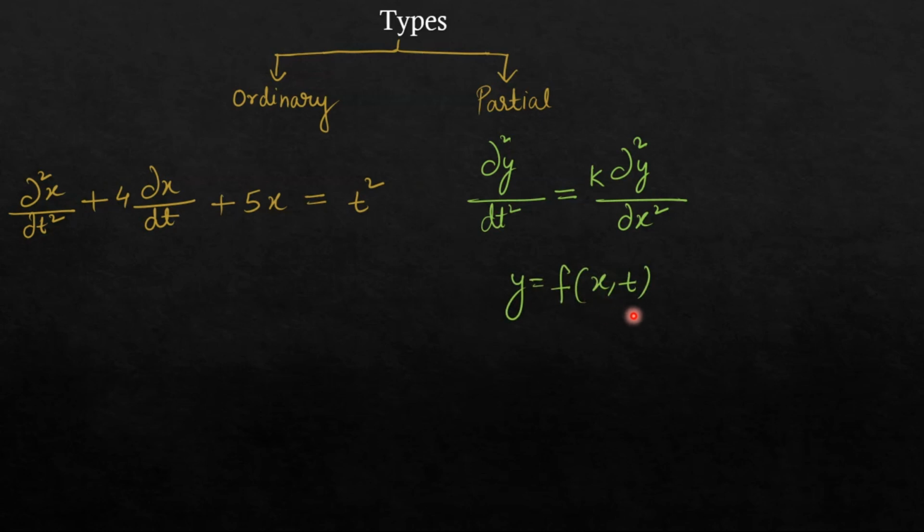Hence, I will have to make use of partial derivative because whenever we have a function of more than one variable, we resort to partial differentiation. We cannot do exact differentiation. Is it fine? So such sorts of equations are known as partial differential equation. In this course, our main focus will be on the ordinary differential equation, which are most important. Okay.